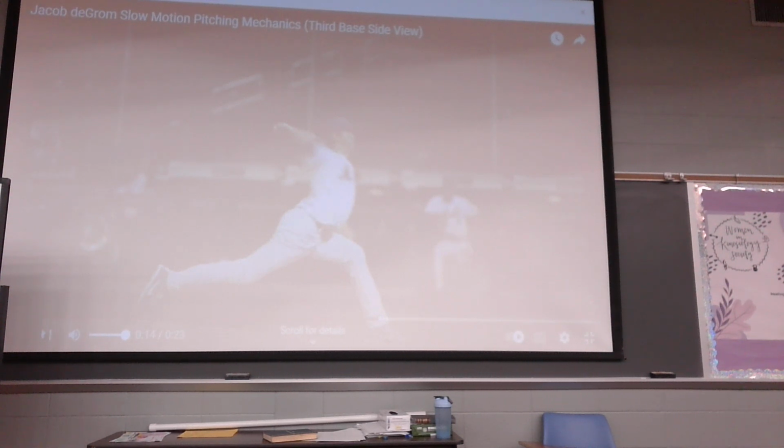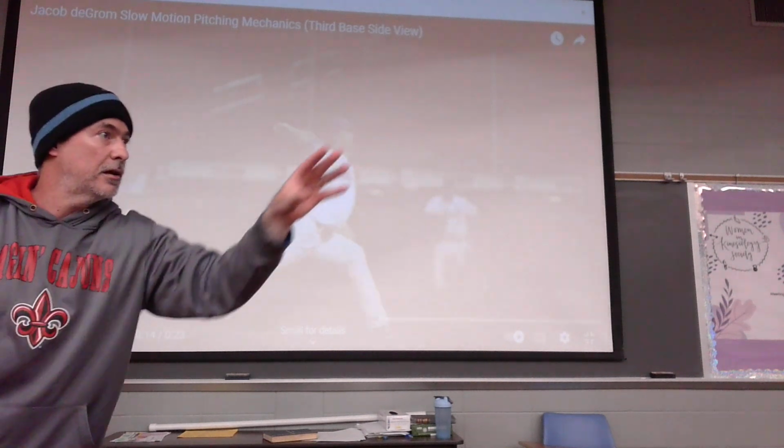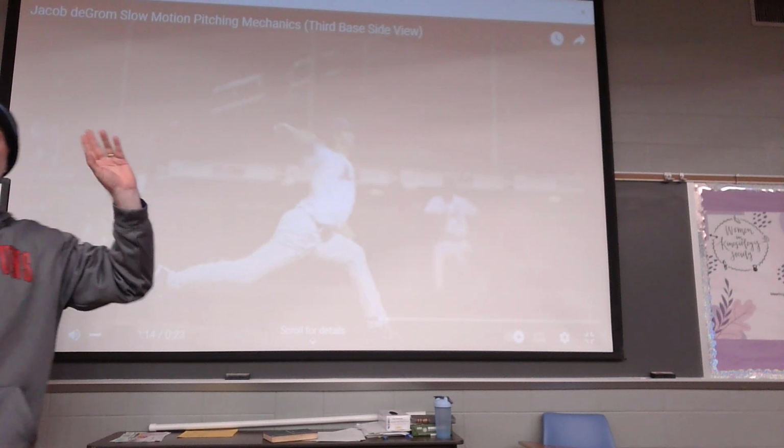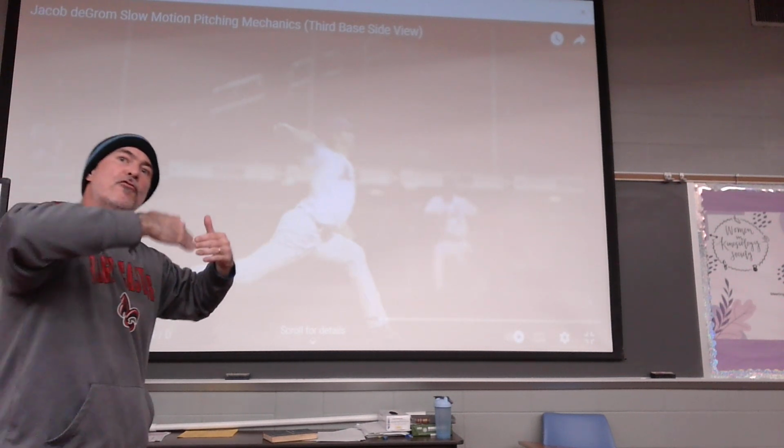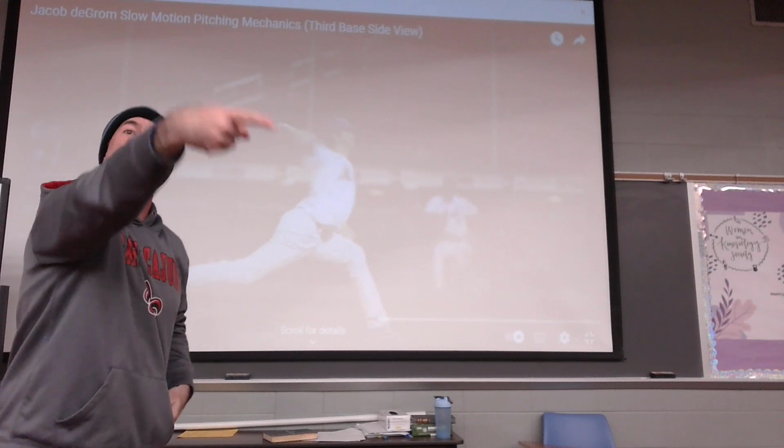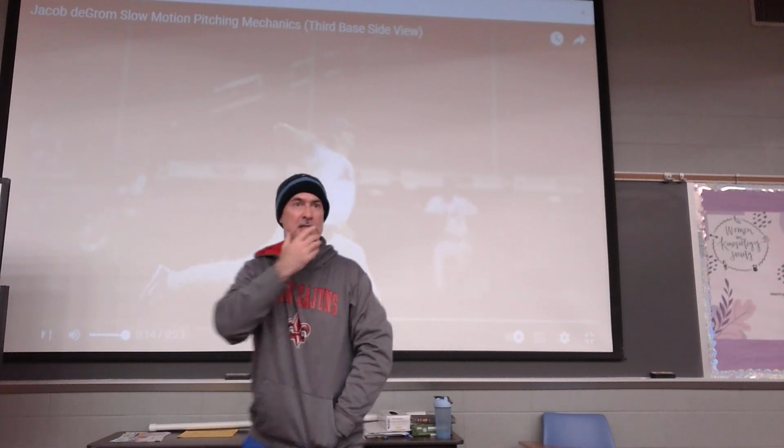You can't do that if you threw the ball like this, or if you threw the ball like this. It has to be a sequenced motion so that every joint motion can piggyback on the motion. Think of it like this. If you